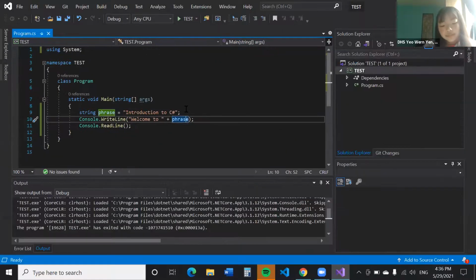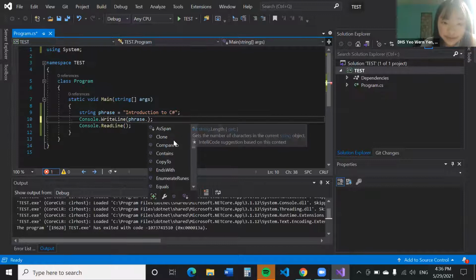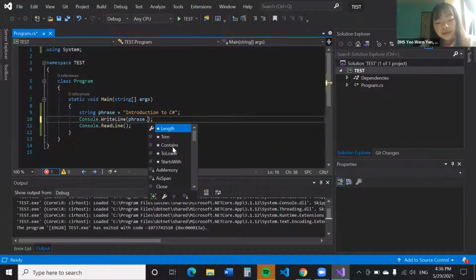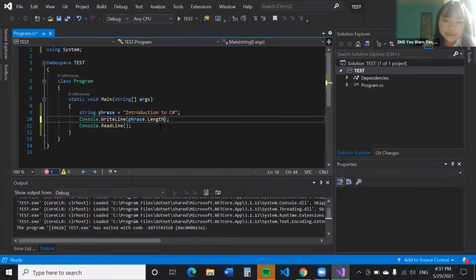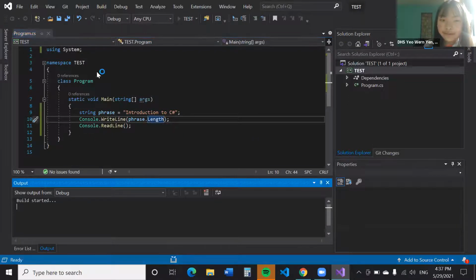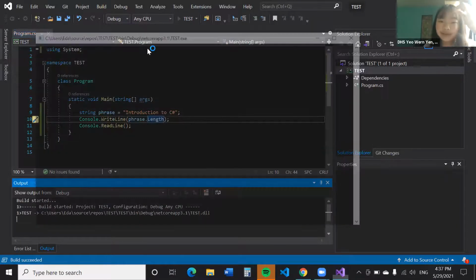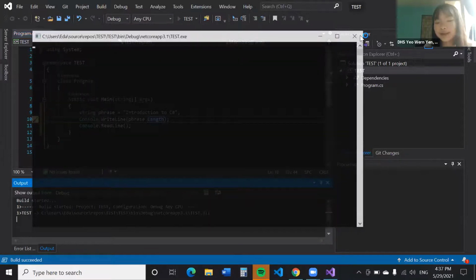And then just now I showed you a bunch of methods with Math to perform various more complicated mathematical operations. Those methods exist for strings as well. If you type phrase dot, you can see this list of methods. There's a lot of them, and you can explore them in your free time if you want. You can see the top one is Length. Doing this gives you the length of the string, which is basically the number of characters in the string,